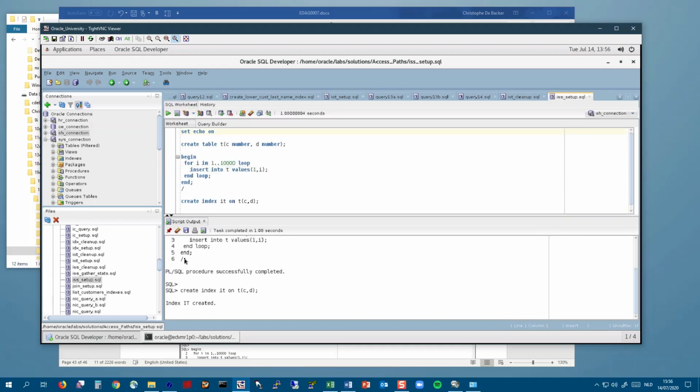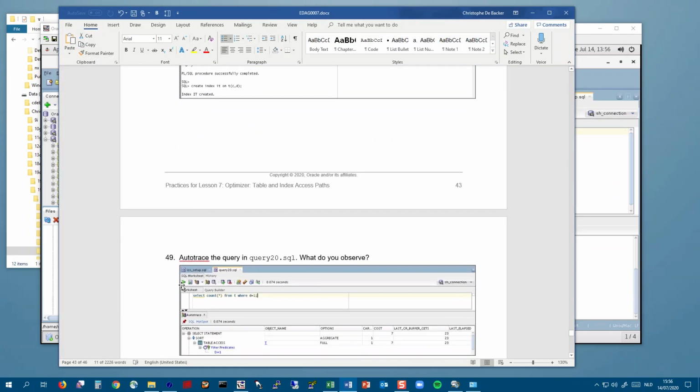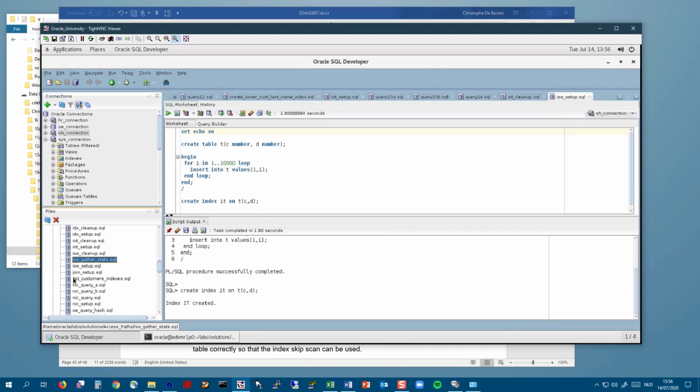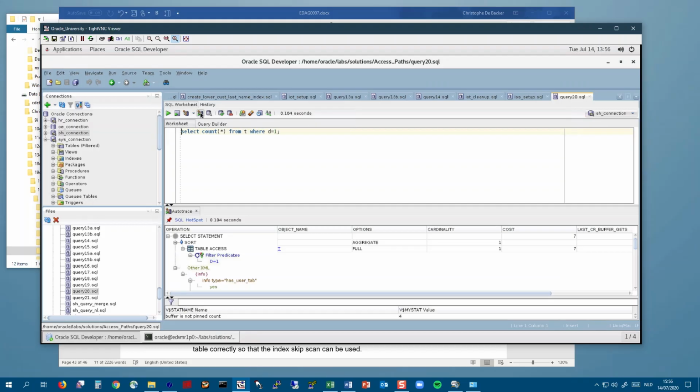So the table has been created, 10,000 records have been inserted, and the index has been created, which is a concatenated index. Then we need to auto trace the query in script query20.sql. I'm going to take that script file. I open this, sh connection, and then I'm going to auto trace this one. Now, what do I see is that the optimizer is not using the index and that it does a full